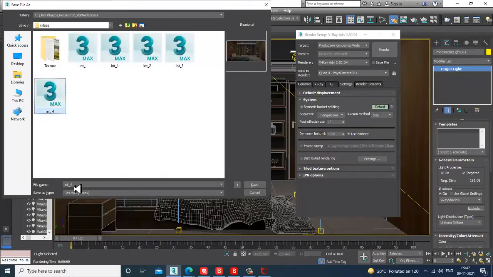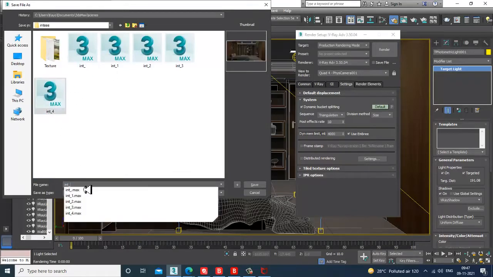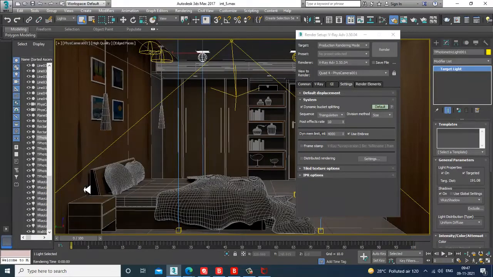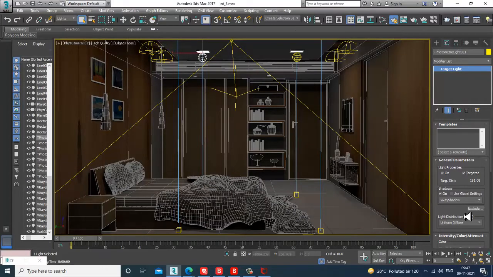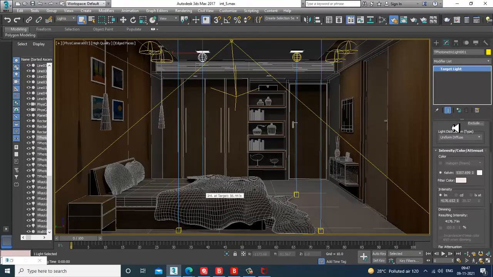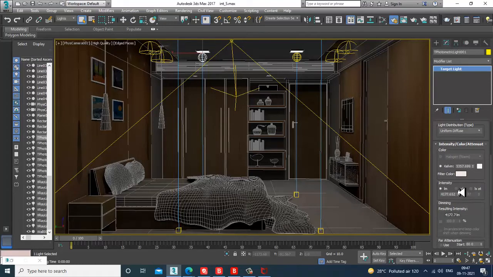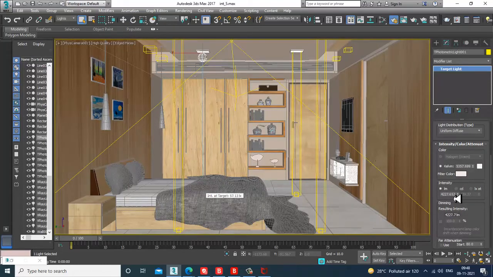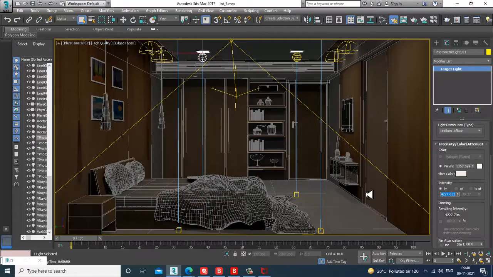Now what I can do over here is select these photometric lights. I can just go over here, and if I want to increase this intensity, let's select this and let's render and see.